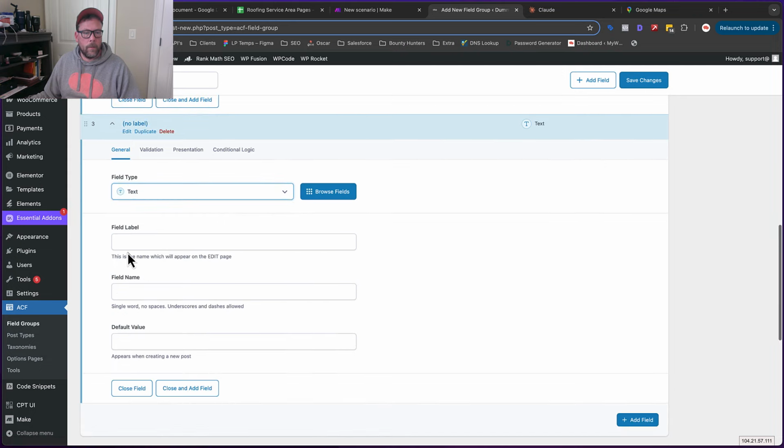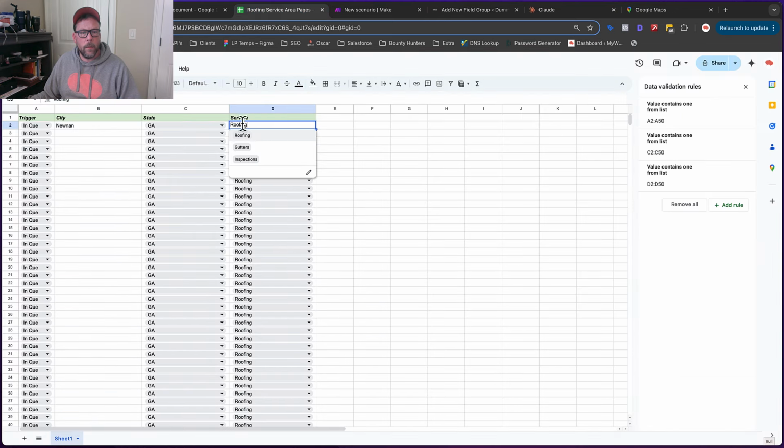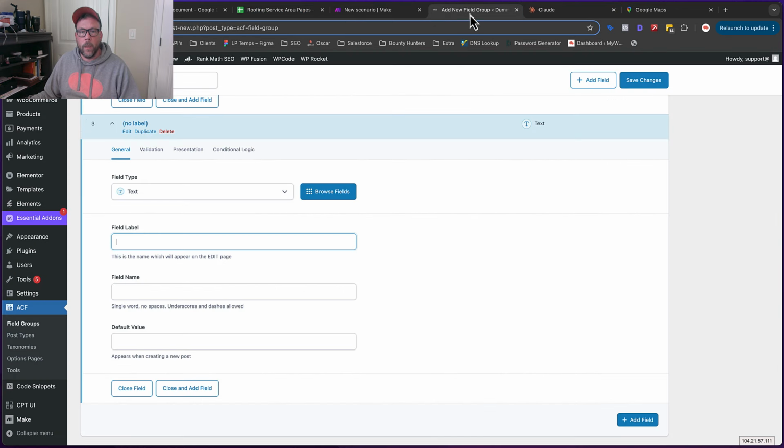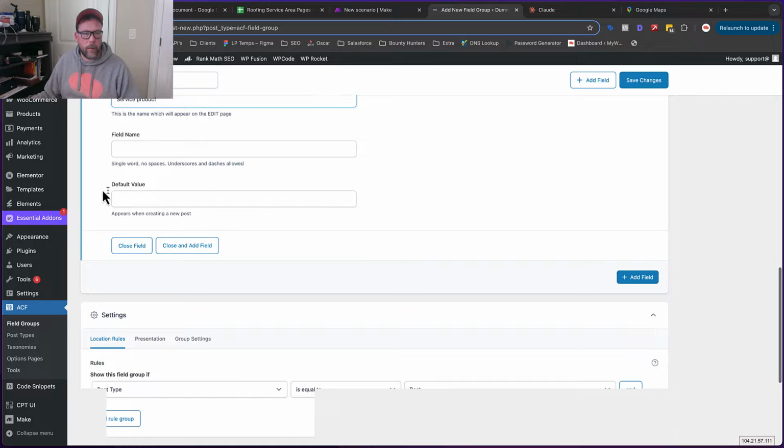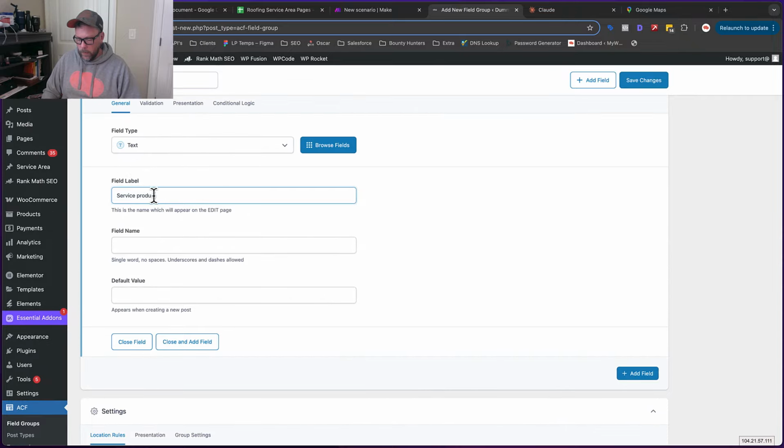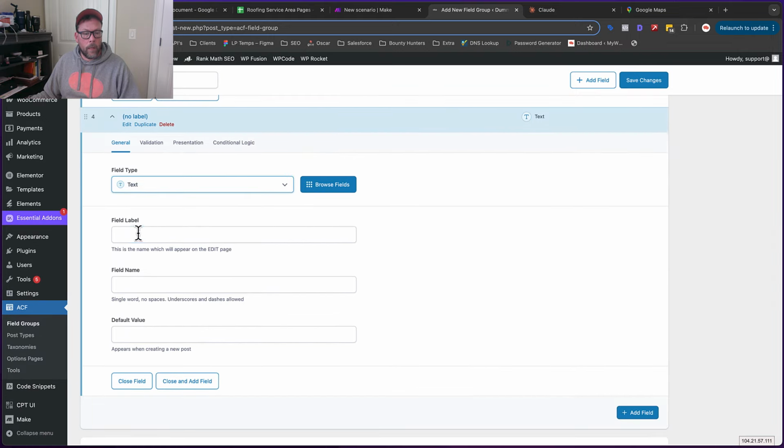Add field. What do I label that? Actually, the service product. Let's label this service product, so we don't confuse nobody. Okay, we're going to add another field. We're going to label this one